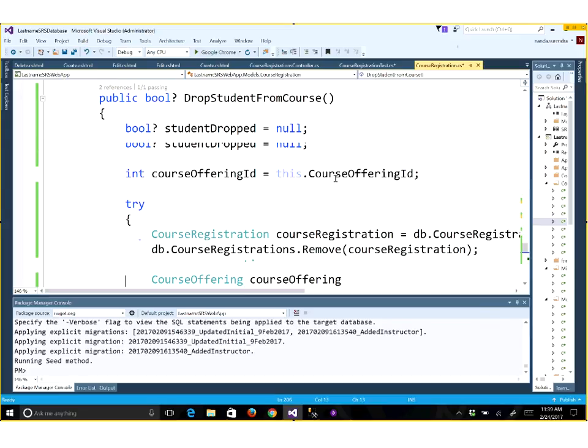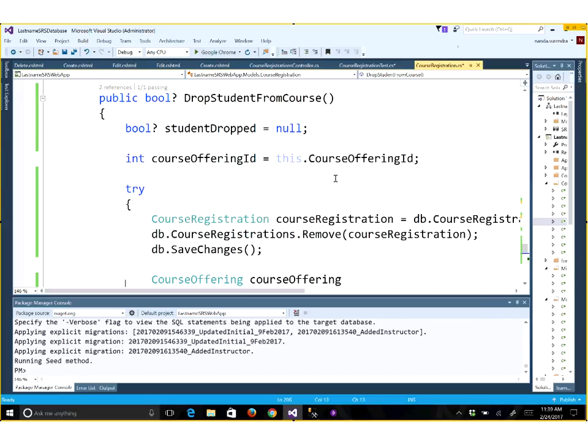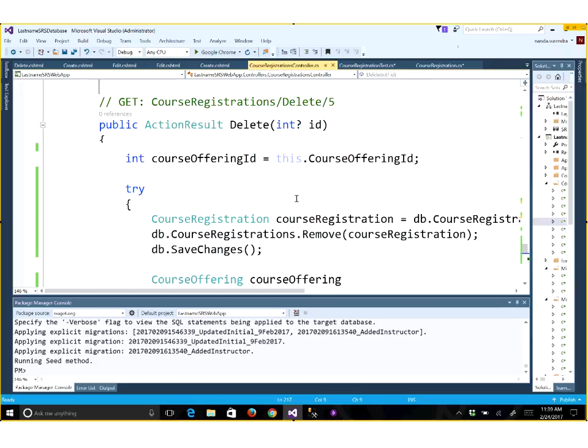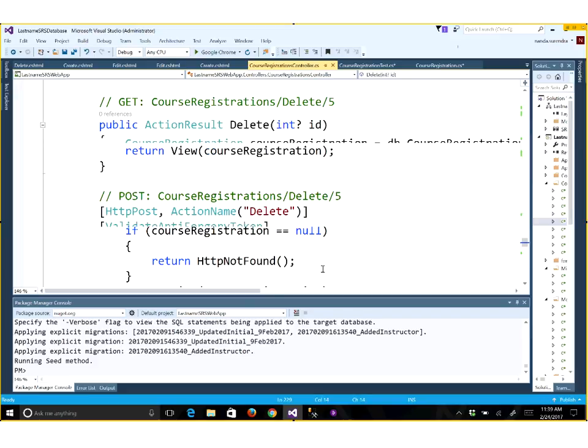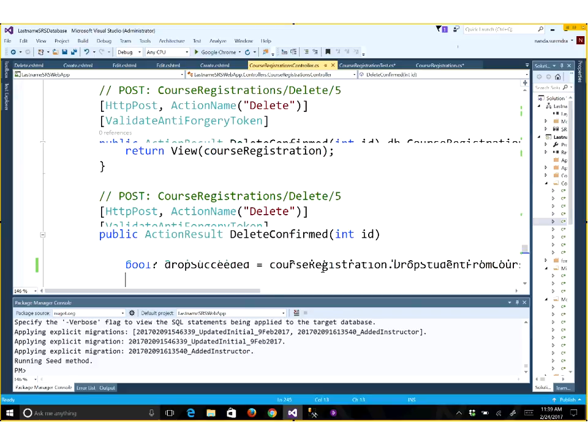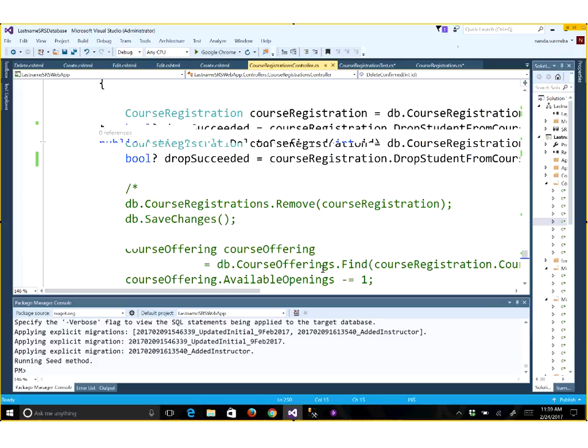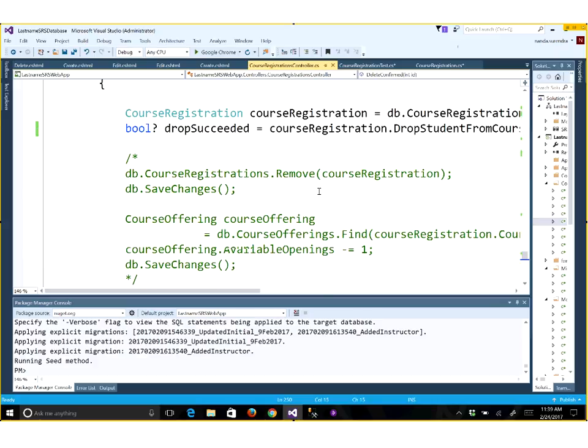This essentially does whatever we had previously in the delete confirmed method in the controller. In the controller, delete confirmed had all of this, where it removes the course registration object and saves this to the database,